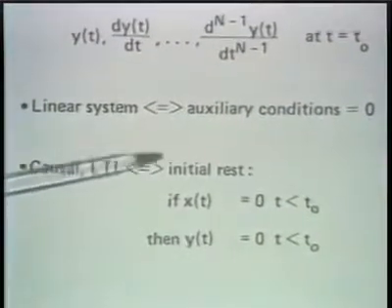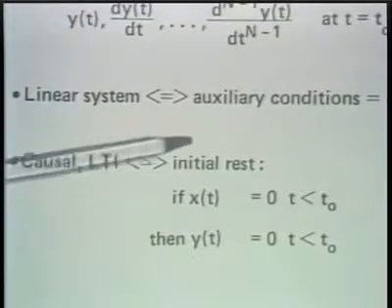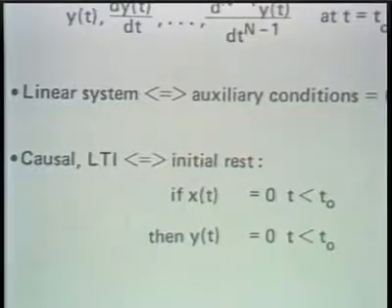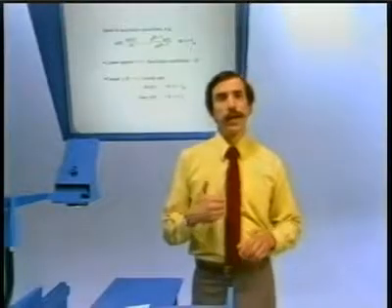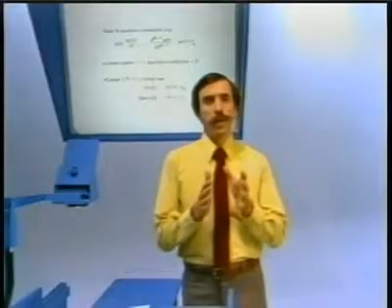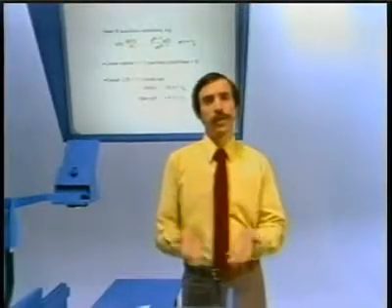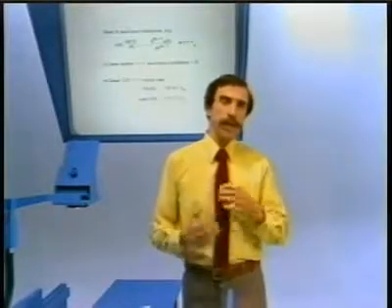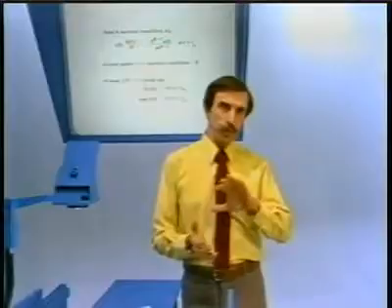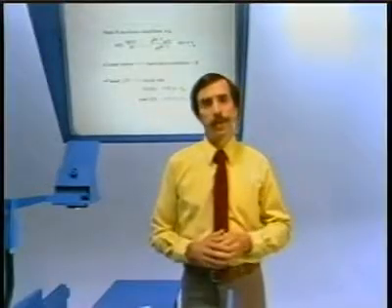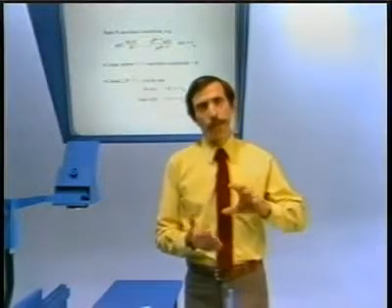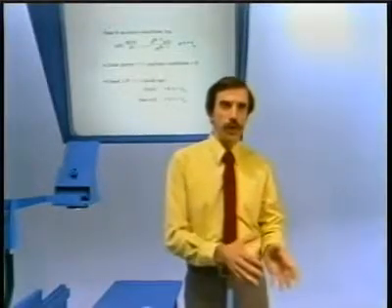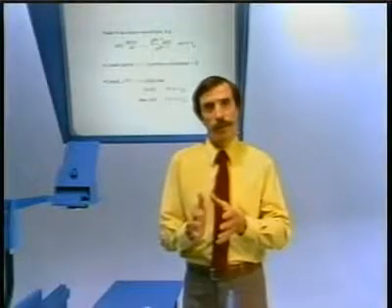what's required on the initial conditions is that they be consistent with what's referred to as initial rest. Initial rest says that the output must be 0 up until the time that the input becomes non-zero. And we can see, of course, that that's consistent with the notion of causality, as we talked about in the previous lecture. And it's relatively straightforward to see that if the system is causal and linear and time invariant, that